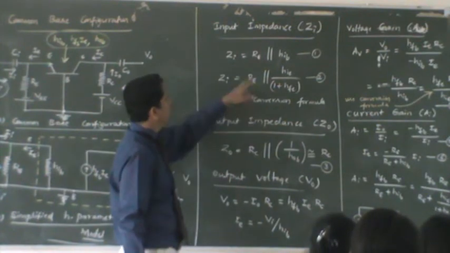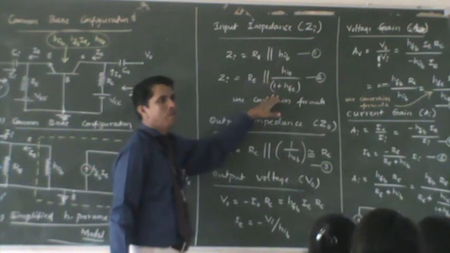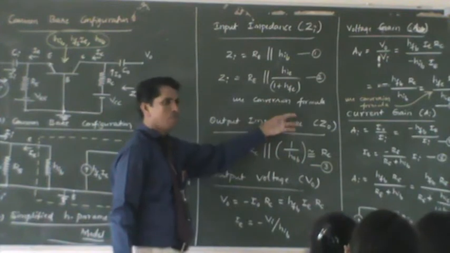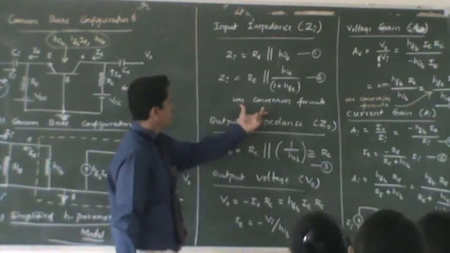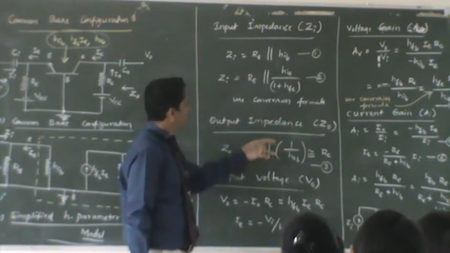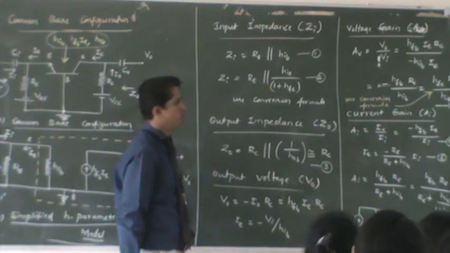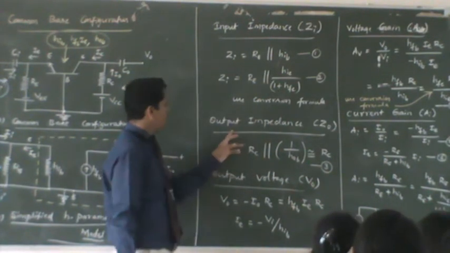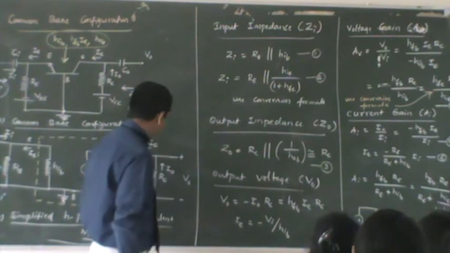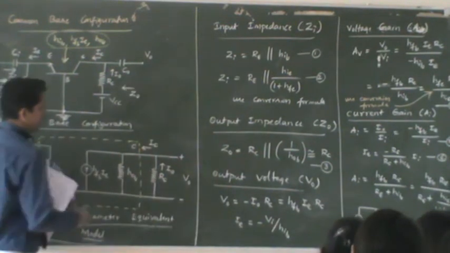Okay, that means we are converting the common base configuration to the common emitter configuration using the conversion formulas. You have to memorize the conversion formula here at this point again to write equation 2 from equation 1. Output impedance also can be written from the equivalent model. Looking at this side, the output side,